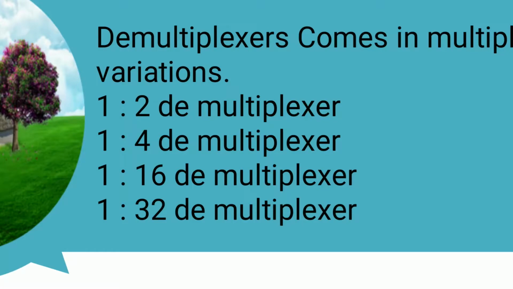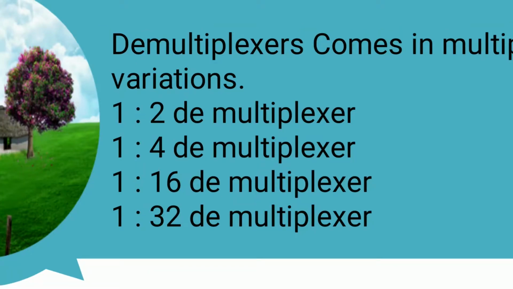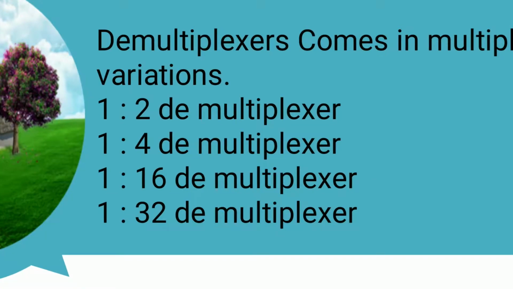So where you are using them, just look at here, examples. In the previous diagram, I mentioned on the left side 2, 4, 16, 32, so 2 inputs, 4 inputs, 32 inputs. But here it is quite opposite. Here we are taking only one input on the left side, but the outputs are multiple. It will give 2 outputs.